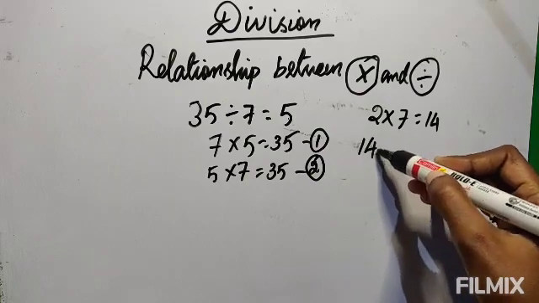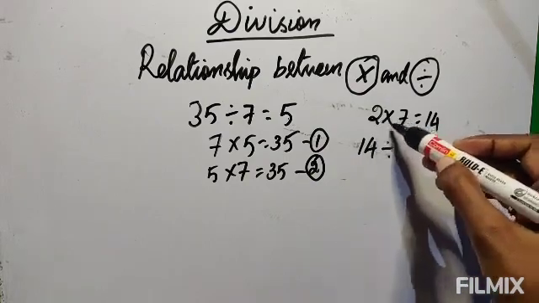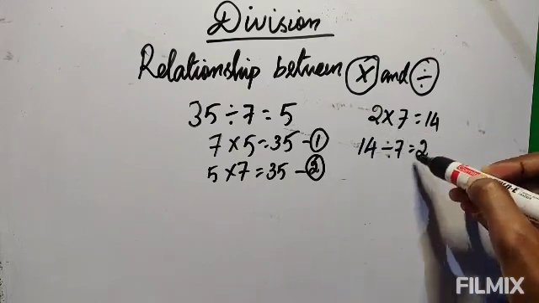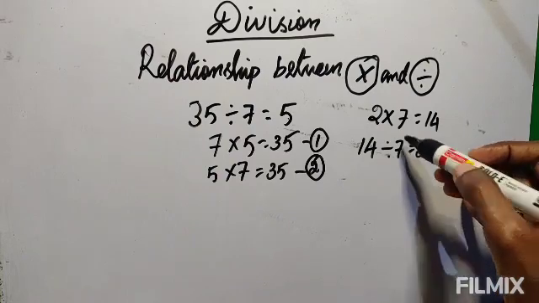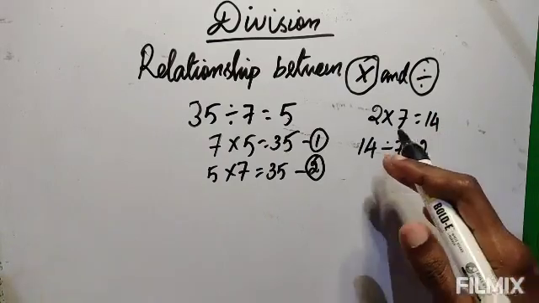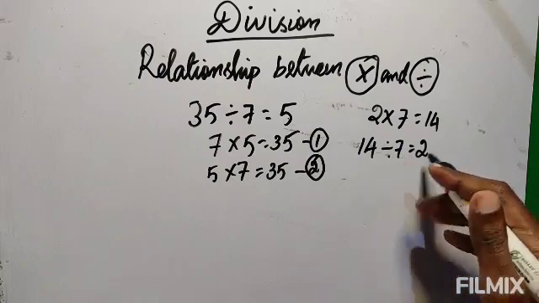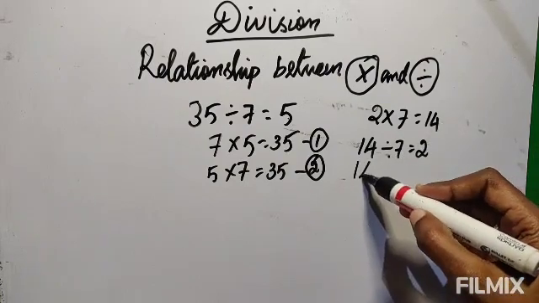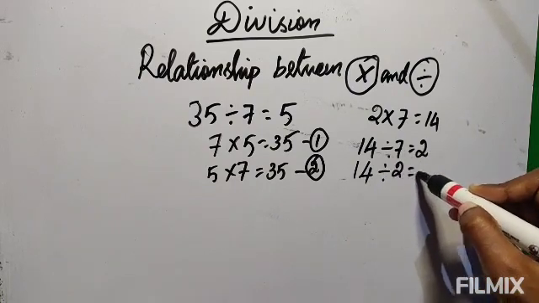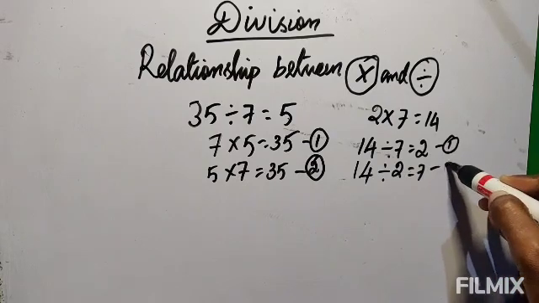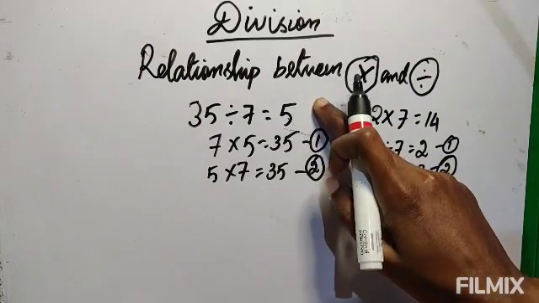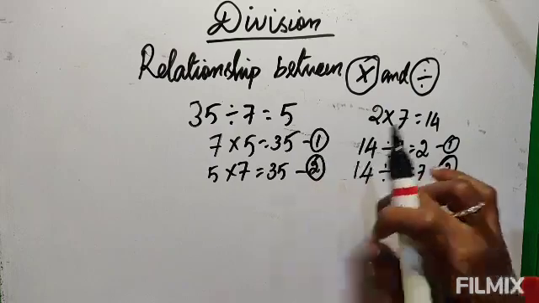So 14 divided by any one of the small numbers you can write. I am writing 7. If you divide, surely you will get the third number as the answer. Don't waste your time by calculating. Only these three numbers will be repeated by changing the place and the symbol. That's all. Don't sit and calculate what will come. Again you write the same bigger number, then change the order of the numbers, 2 and 7. So this is one fact and this is the second fact. Each multiplication has two division facts and each division has two multiplication facts. This is how to write them.